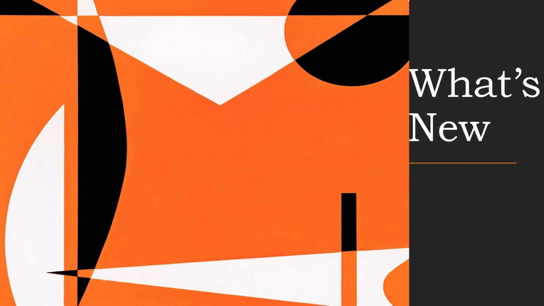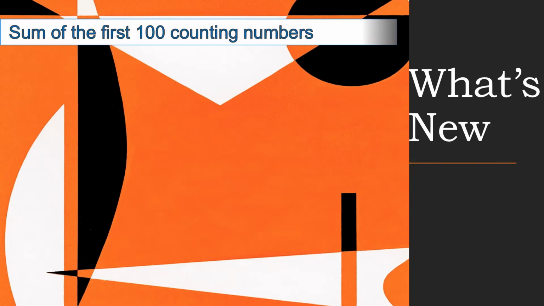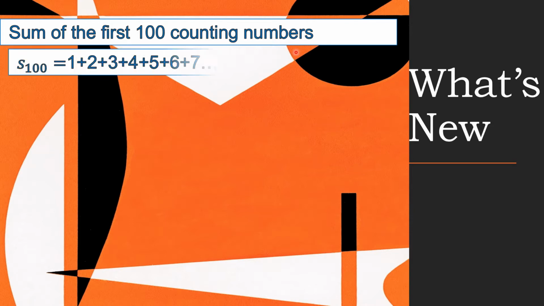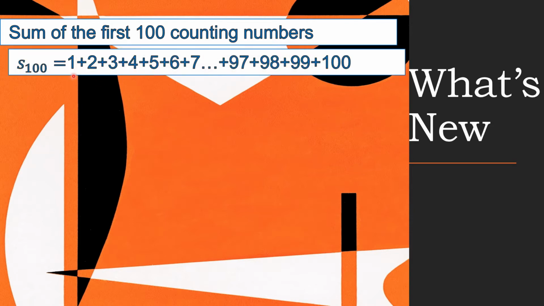Okay, now let's find out the secret of Carl. So, ang kanyang task ay hanapin ang sum ng first 100 counting numbers. So, ano kaya ang ginawa niya? Ito ang itsura ng dapat niyang i-add. I-add niya simula 1 hanggang 100. So, ang ginawa niya,